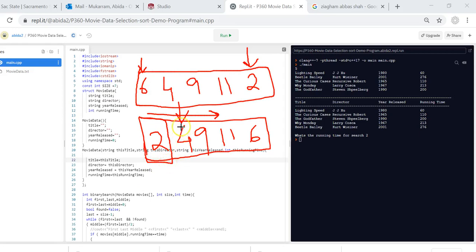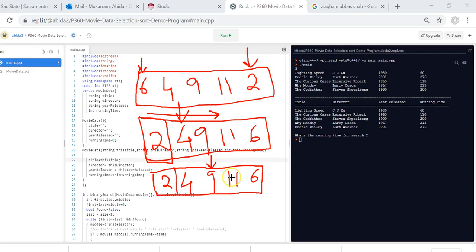So then we start to compare 4 with 9. 4 is still smaller. 4 with 11, it's still smaller. 4 with 6, it's still smaller. So in this case, we need to leave everything as it is, right? And then now let's go to our next task. So now our array is still looking like 2, 4, 9, 11, and 6. And now we come here,